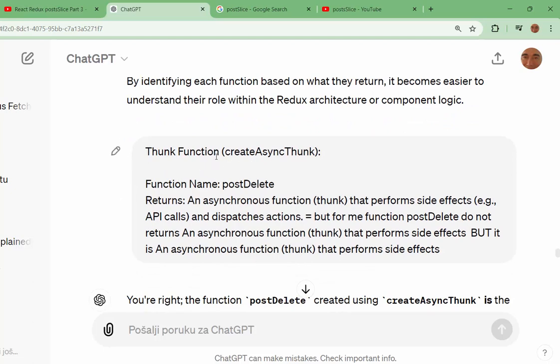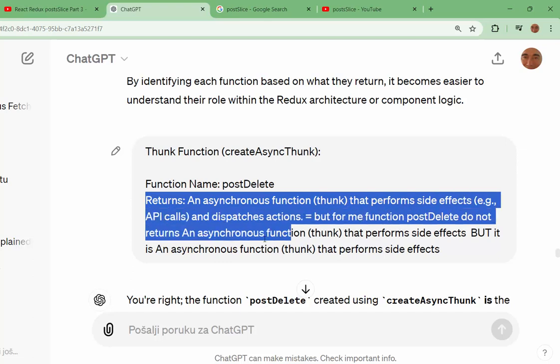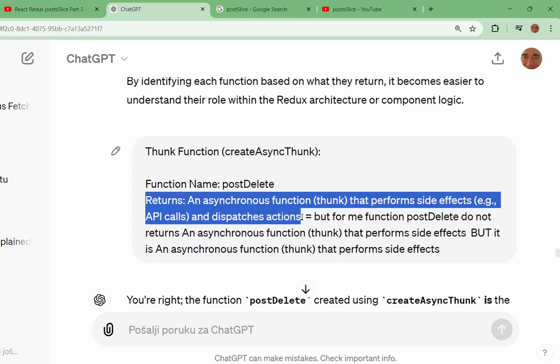Thunk function, createAsyncThunk. Function name, post delete. Returns, copied: an asynchronous function thunk that performs side effects, e.g. API calls, and dispatches actions.